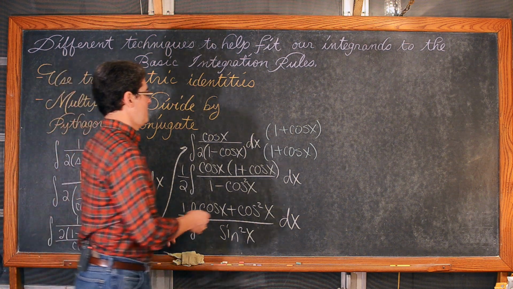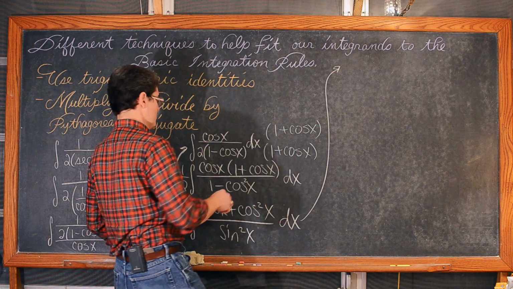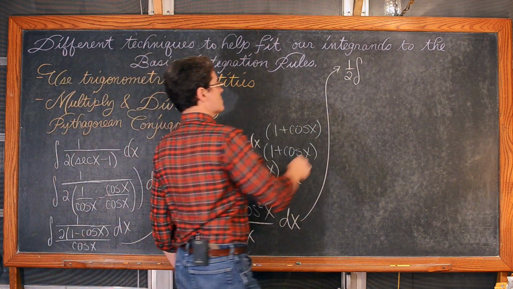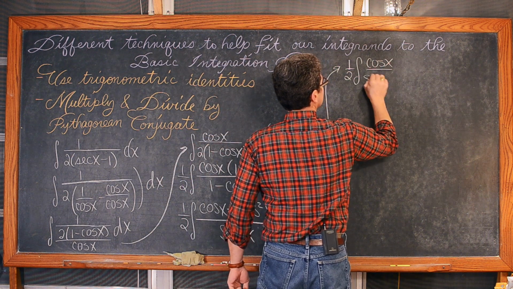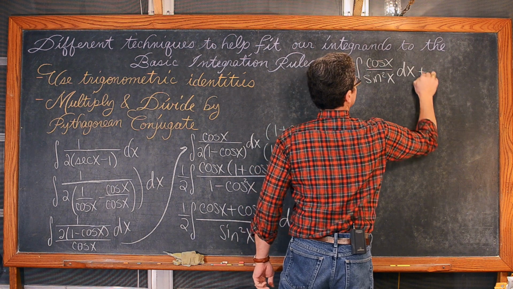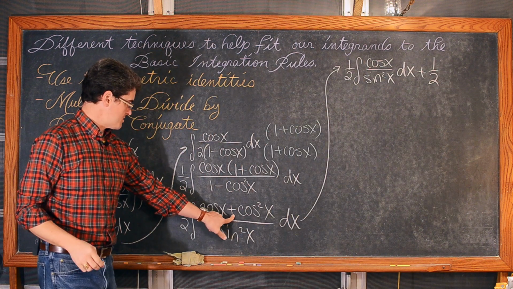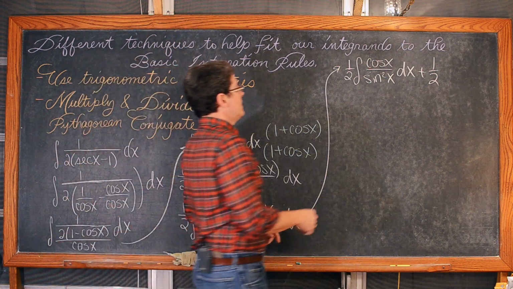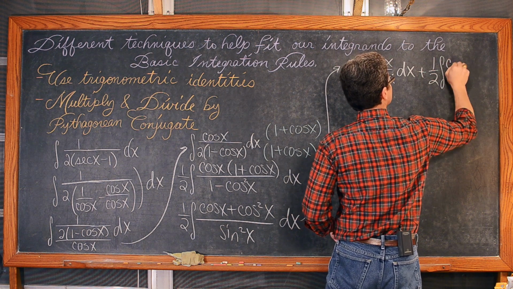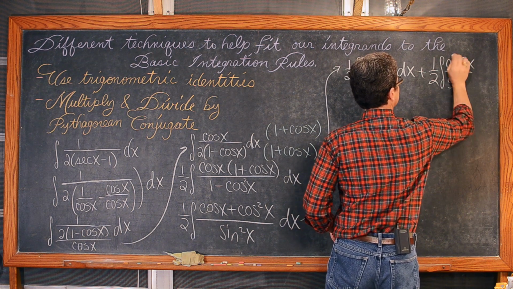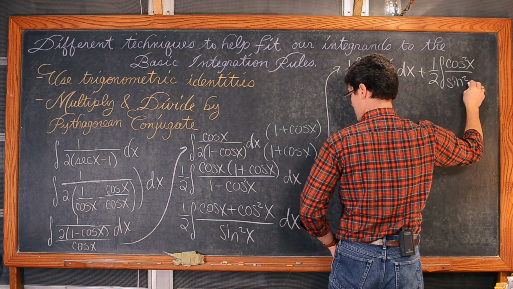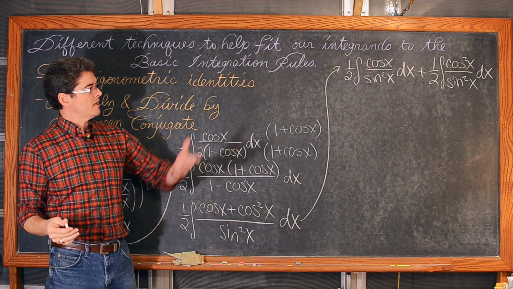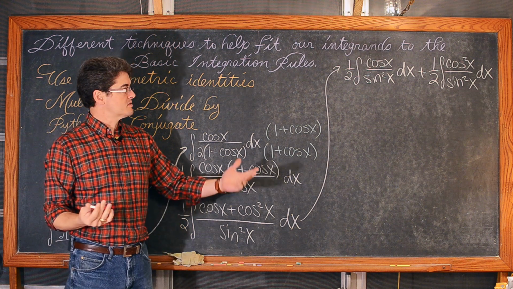So let's let this be, I feel I'm going to run out of room here before I finish. 1/2 times the indefinite integral of cosine x over sine squared, plus, yes, there's a plus there, and I'm going to keep the 1/2 through with each of the integrals, 1/2 the indefinite integral of cosine squared x over sine squared x dx. And now that I have it separate, I don't need to bother trying to use substitution again,